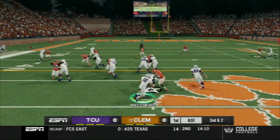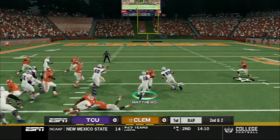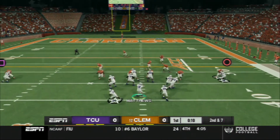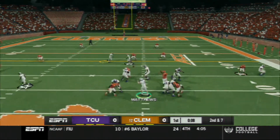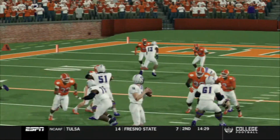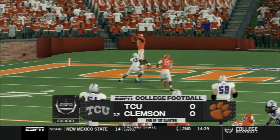2nd and 2. They're having success running, so they should just keep doing that instead of making Matthews throw when he's clearly uncomfortable right now. The stadium is getting to him. The crowd is getting to him. There's Gray with a first down. That's going to end the first quarter 0-0,